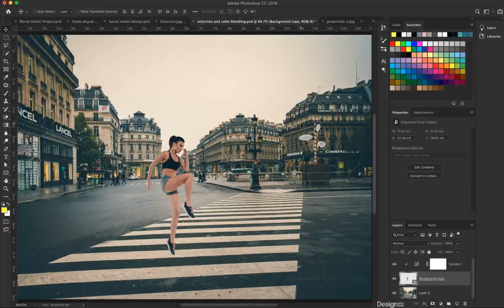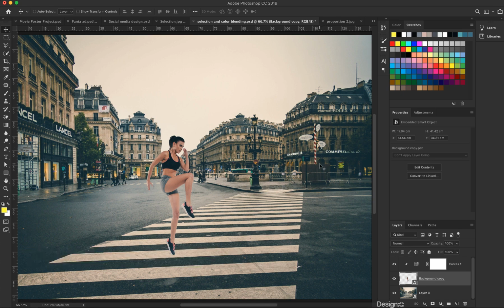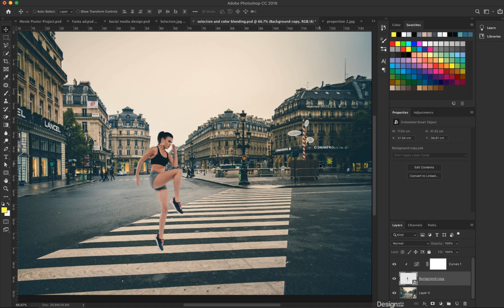Alright guys, welcome back, and in this lesson we're talking about proportion. So what does proportion really mean? Proportion is one of the most important things to grasp if you want to achieve a proper photo manipulation, and if you want to create a design that's really professional. You would have to make it look realistic, and proportion makes a huge difference in how realistic your art looks,